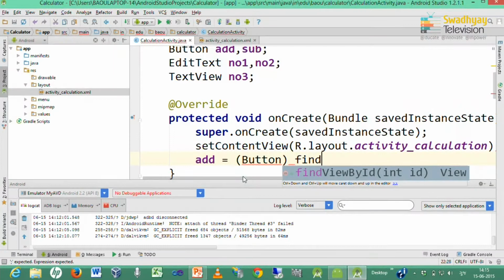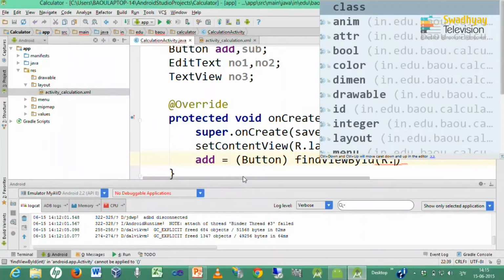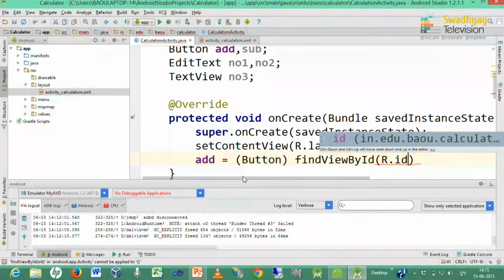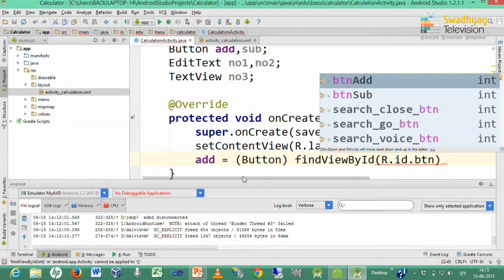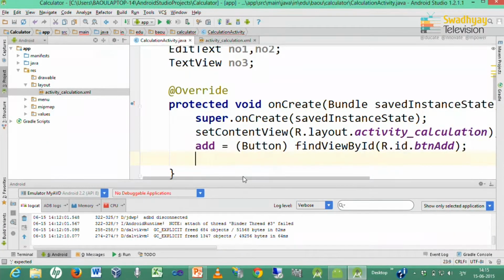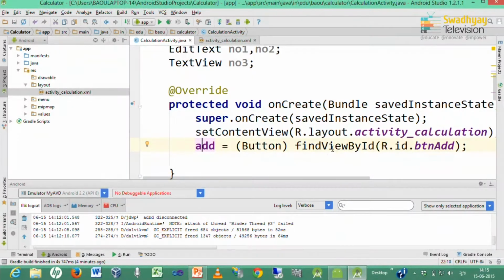So, I use a method called findViewById, and every id starts with R.id. Our name is button add. So, this line tells the program that add is a button which represents btn add in our interface.